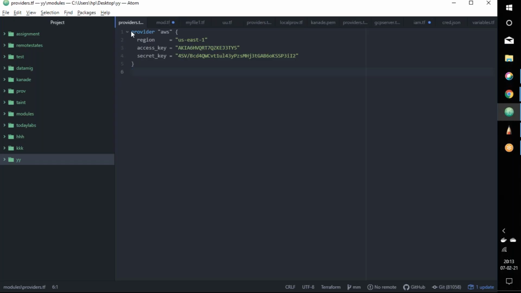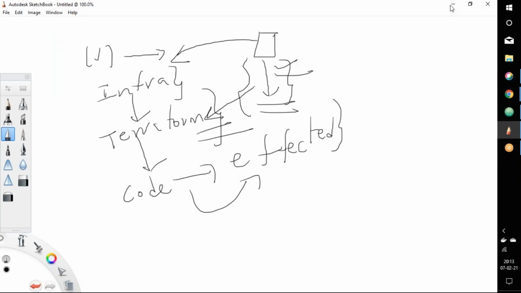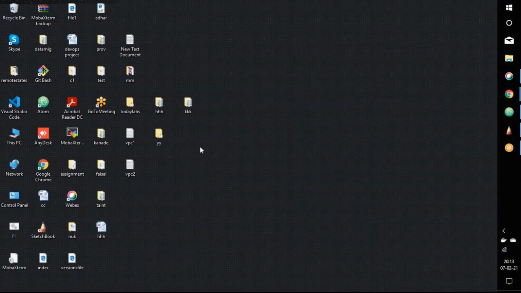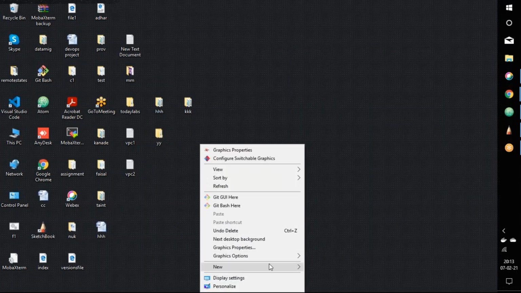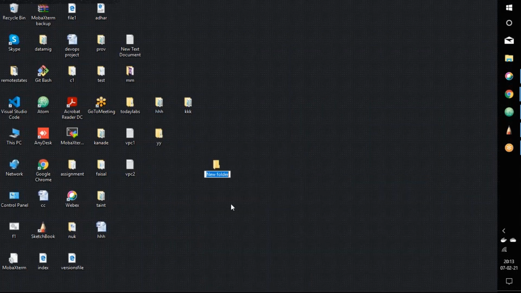We already configured the provider section here. So let's create a new folder and get started with today's session. Let's go there and create the new folder. I would like to name the new folder TT.